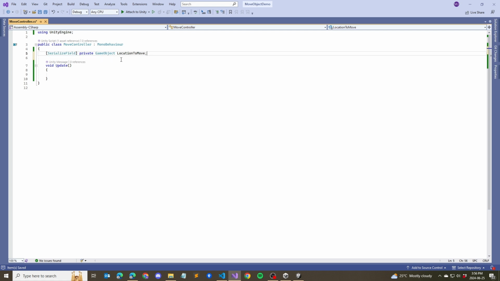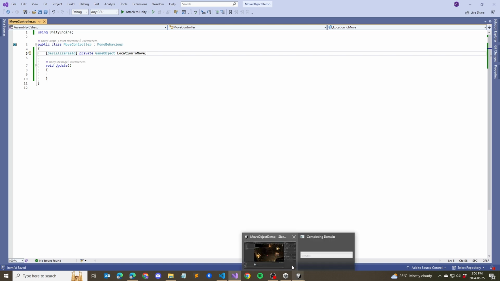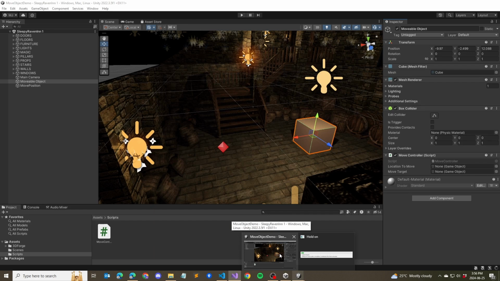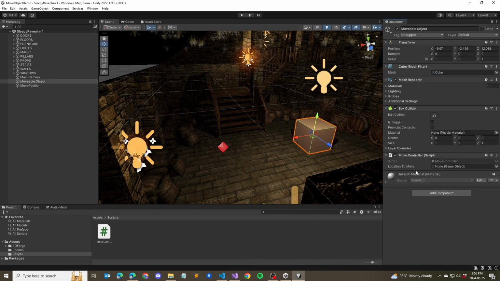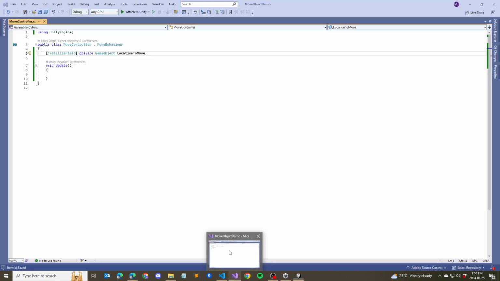I'm going to remove that one for now. We've got our location to move. Unity will compile once more, and we've got it there. So we get this position into our code by dragging and dropping it into this variable and saving it. If we go back to our script now,